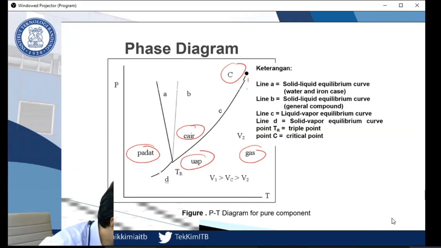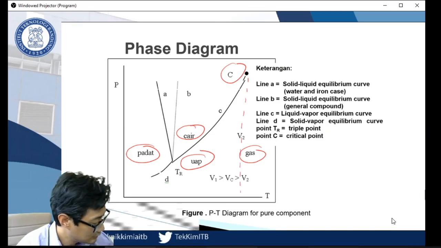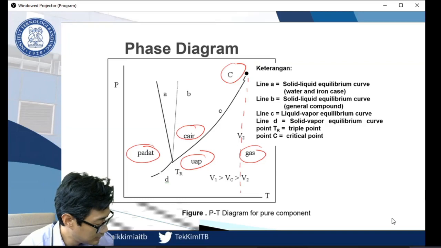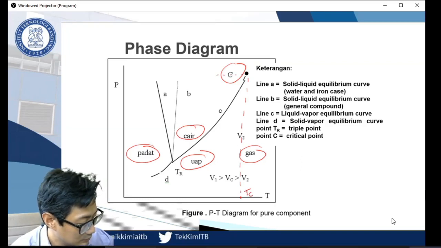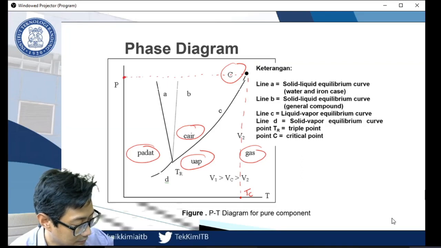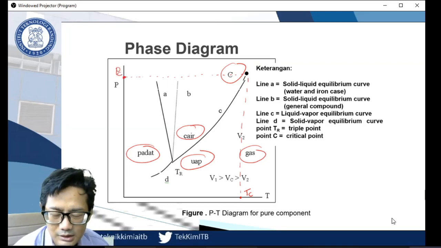Okay, so this is the line. So in this case, this point is critical temperature. Similarly, you can draw the line to the left, and this point is critical pressure. What is so important about critical pressure and critical temperature? You remember